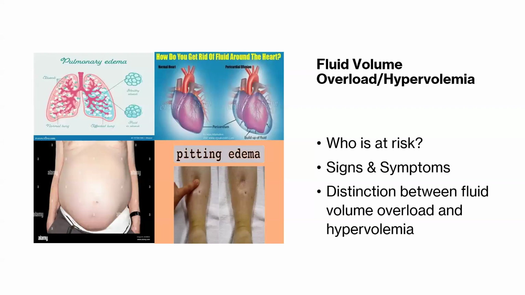Of course, cardiac patients are at risk. Patients whose kidneys don't work very well are at risk. Patients who have diabetes, or they may have overproduction of antidiuretic hormone that disrupts their ability to actually get rid of fluid. So they're going to end up conserving too much fluid and end up in fluid volume overload or hypervolemia. So we would be looking for weight gain, again, crackles in the lungs, slow bounding pulse, elevated blood pressure,